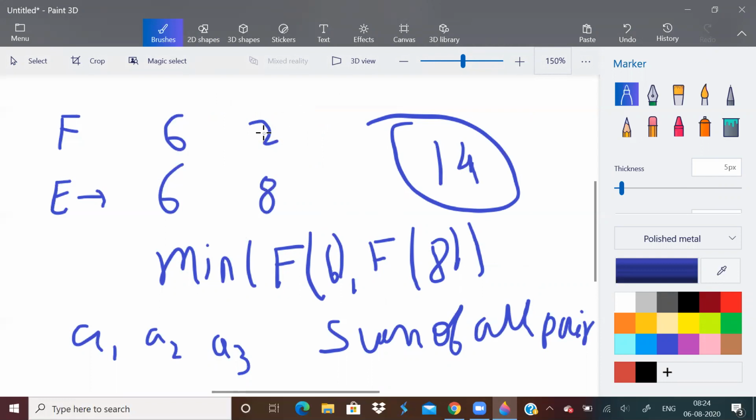We will get two pairs, right? We can have 6 and 8 and another 6 and 8. So how did we get this 2 as the answer? This is the way. Minimum of frequency of 6 and frequency of 8.